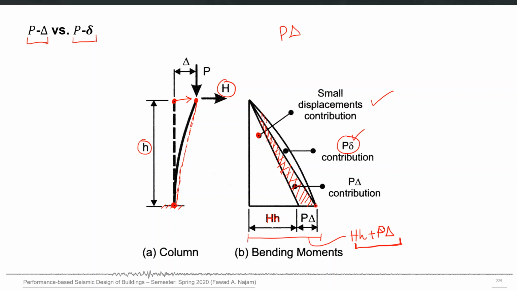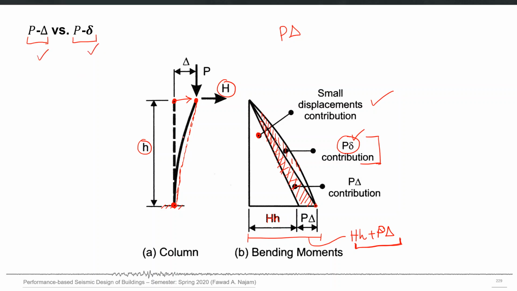So this small area, this one, is the P small delta contribution, and it is the effect of the local element deflections. So there is a difference between P capital delta and P small delta.